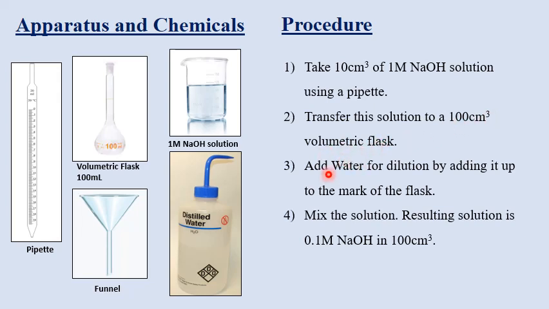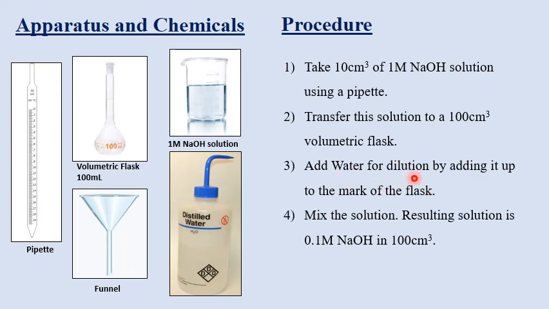Then we will add water in the volumetric flask, and we will only add water up to the mark of the flask, because every volumetric flask contains a mark in its neck, and that represents the exact volume that it can hold. In our case, we are using a 100 milliliter volumetric flask, so if I fill this volumetric flask with water up to this mark that you can see in this picture, then the amount of water in this volumetric flask will be exactly 100 milliliters. That is why we use volumetric flasks for that purpose.